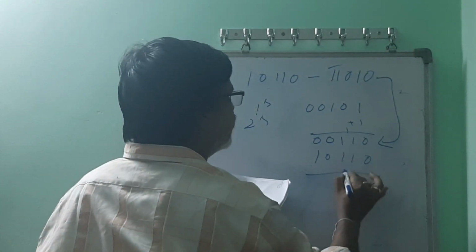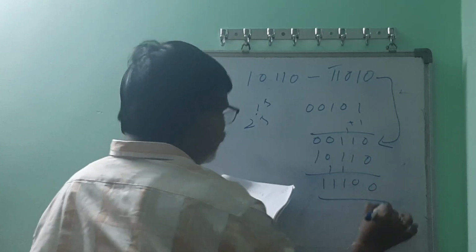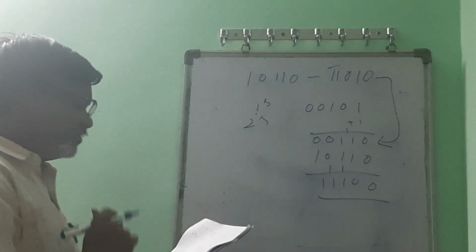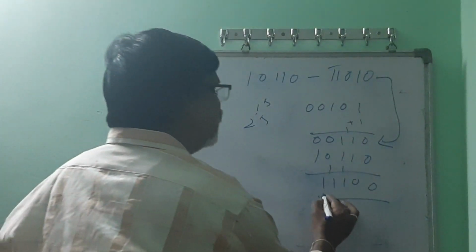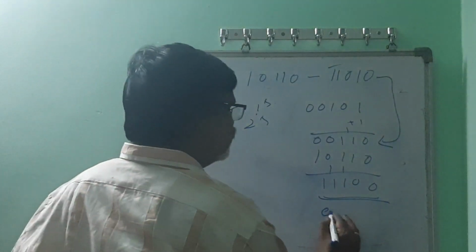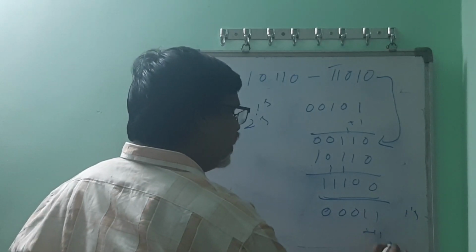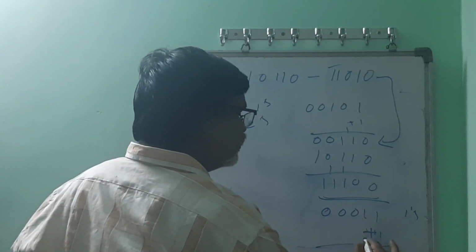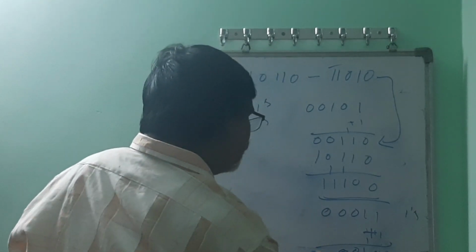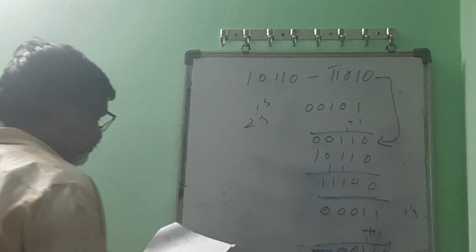So 01 plus 11 plus 01 plus 11111. Did you get any carry over or overflow there? No. So we have to consider that it is a negative number and find its 2's complement. So 00011 is the 1's complement, and its 2's complement is adding 1. This is 01, so this is your result, but with a negative sign.